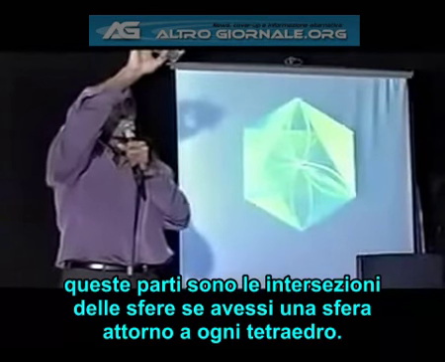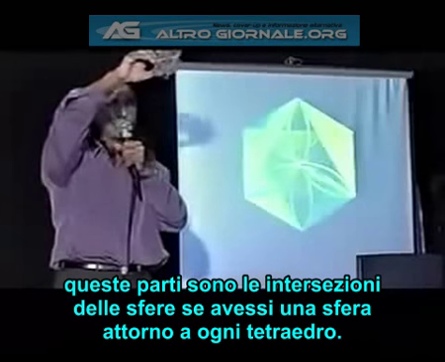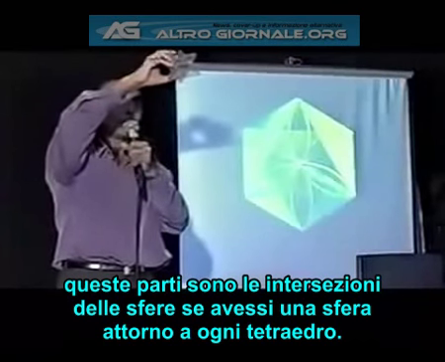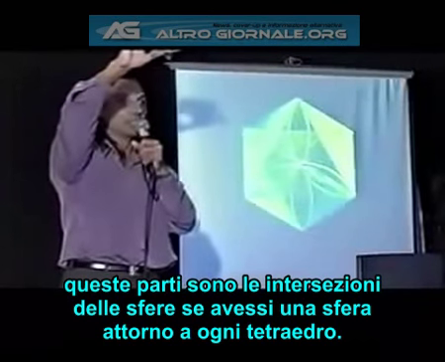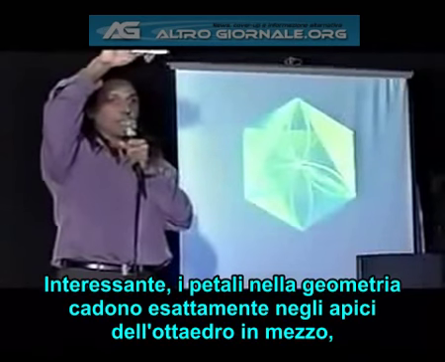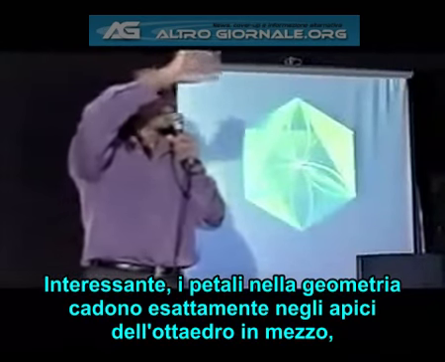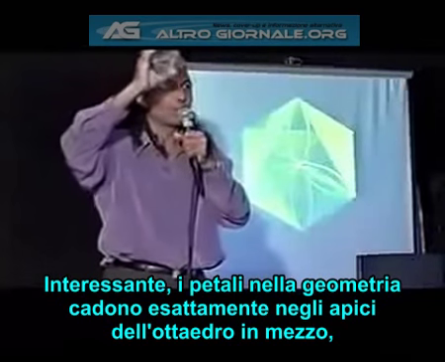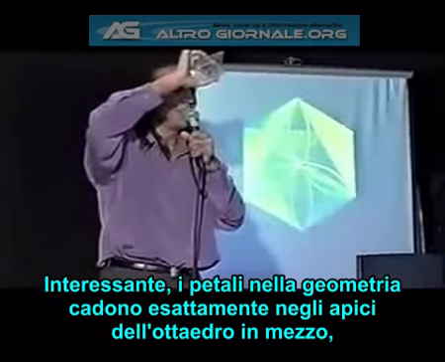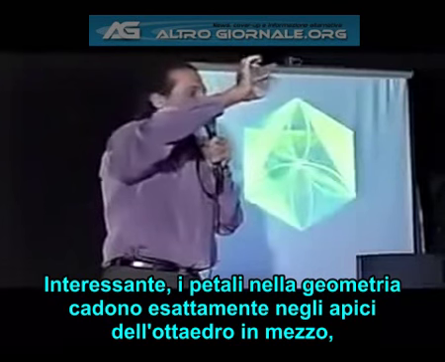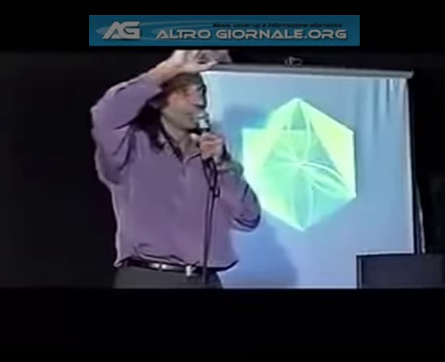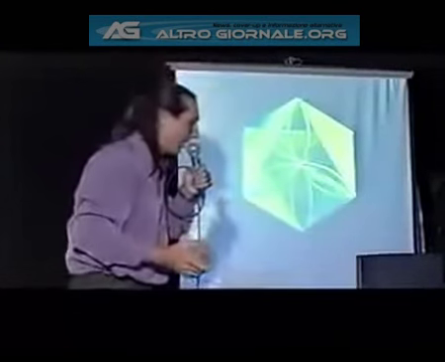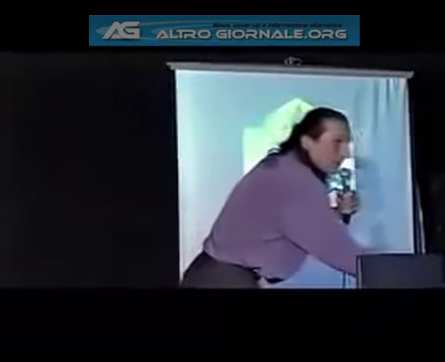These red beads in the middle are the intersection of the spheres if I had a sphere around each tetrahedron. It's interesting that the petals don't fall anywhere in the geometry. They fall exactly at the apex, at the vertices of the octahedron in the middle. And so,